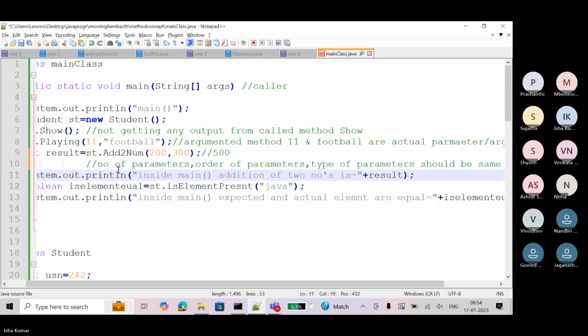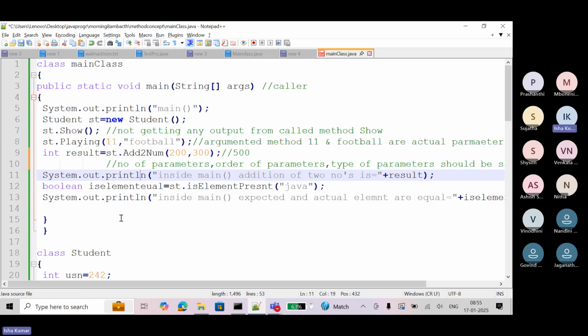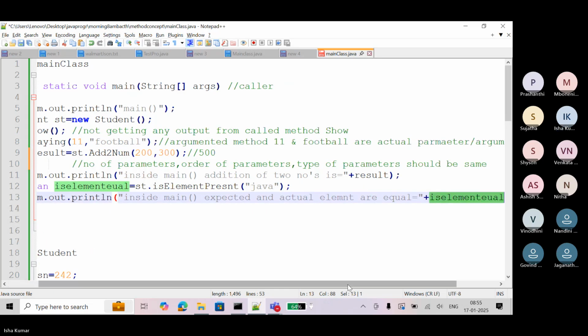Now, the twist here is, see, to call the returning type method, we are storing the result into some variable, right or not? And then we are printing the output, correct? Is it okay or not okay? This is what I told. Did you understand? How are you printing the returning type method result? You are storing the outcome into some variable and then you are printing this, right? Yes.